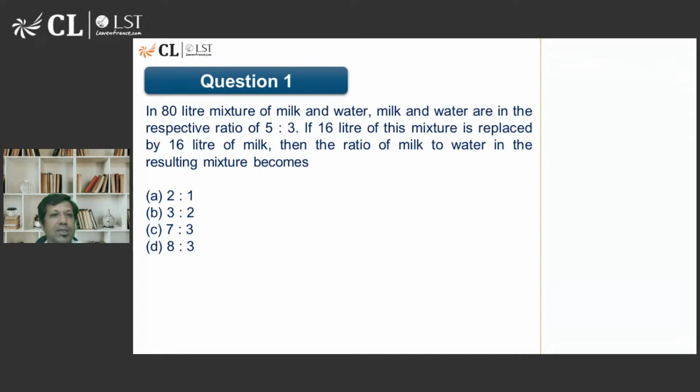Okay, so this is our question number 1. So what does it say? It says that in an 80-liter mixture, milk and water are in the ratio of 5:3. If 16 liters of this mixture is replaced by 16 liters of milk, then the ratio of milk to water will be what? Okay, so that's the question. So what do we have? We have 80 liters of mixture, and out of that 80-liter mixture,